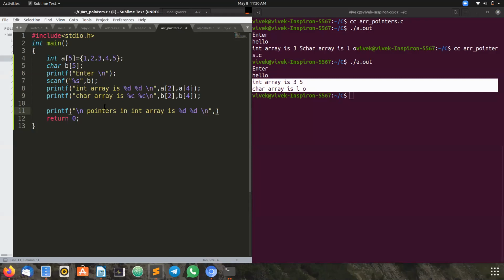By using pointers, a of 2 means we are accessing index 2 of array A. How can we write that using pointers? I didn't declare any pointer here actually. I'm asking you, yesterday I told you we can switch from one address to the next address. Okay, I'll tell you once again here.